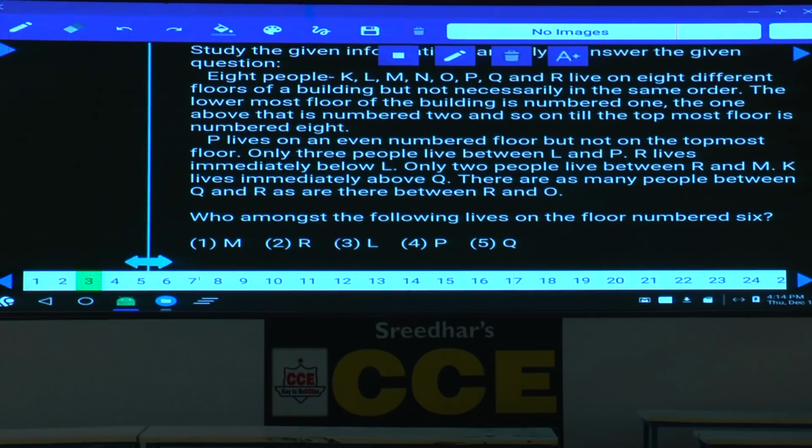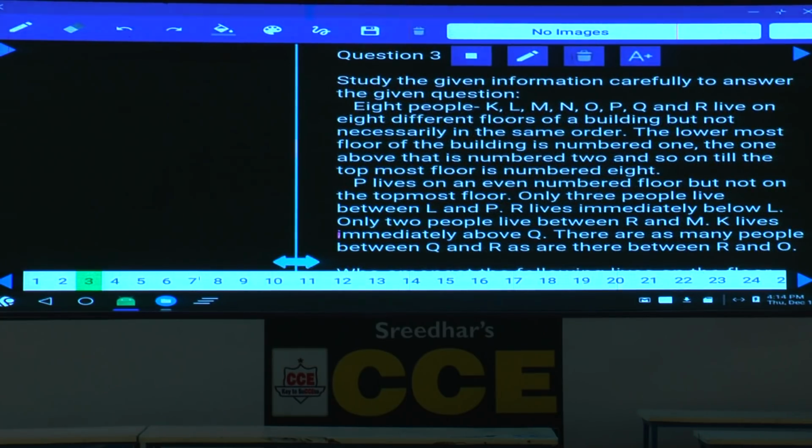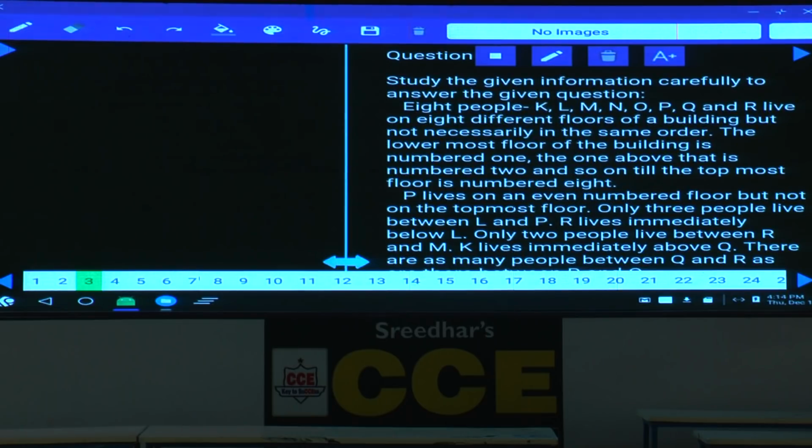Then questions 3 to 7. Now in these questions 3 to 7, how many people are there? 8 people, K, L, M, N, O, P, Q, and R live on 8 different floors of a building, but not necessarily in the same order. The lowest floor is floor 1 and so on. 8, 7, 6, 5, 4, 3, 2, 1 are the 8 floors. Now among these 8 floors,